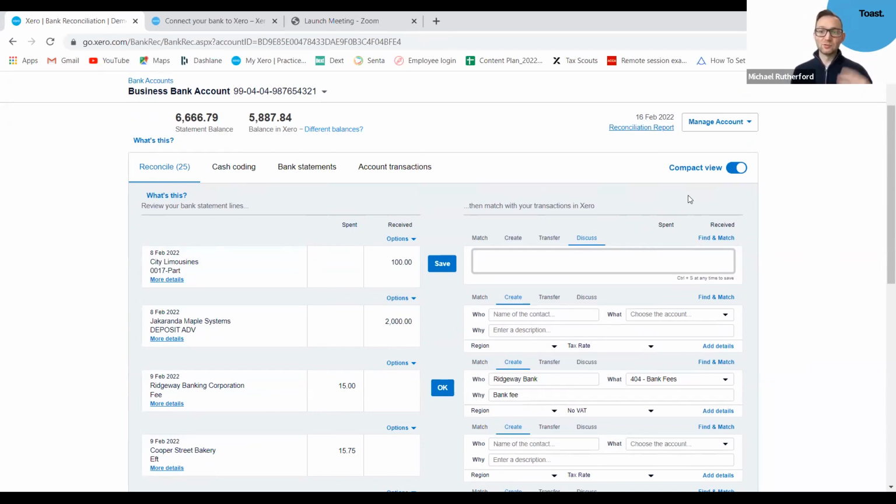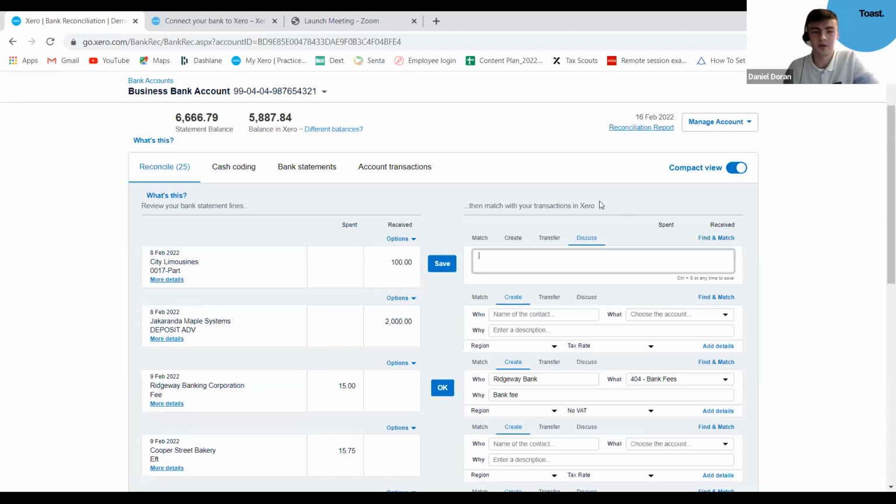Whereas now, you know you've raised the question, the accountant will come back to you when he can, and he responds when he's back at his desk, and you won't lose track of it because it's all within Xero. So it's a really, really useful feature, and those time-consuming queries can literally be done in seconds now.